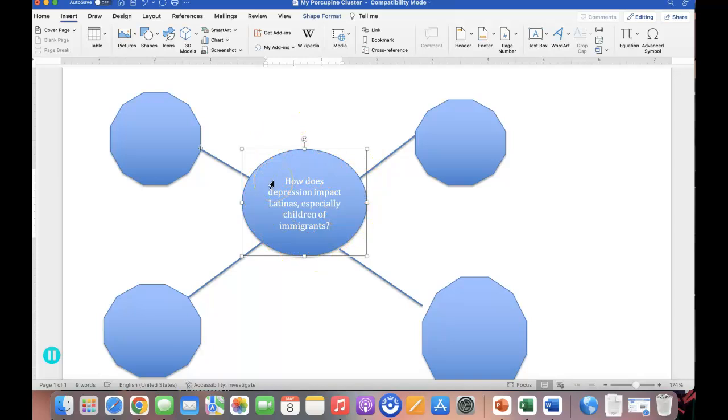And then I would ask you to come up with what I call subtopic guiding questions. Now, you can come up with these subtopic guiding questions before you start going in deep in your research, or you may start reading your sources that you find or watching documentaries or videos, and then that will help you come up with subtopic guiding questions. So let's say I've been doing some reading, and